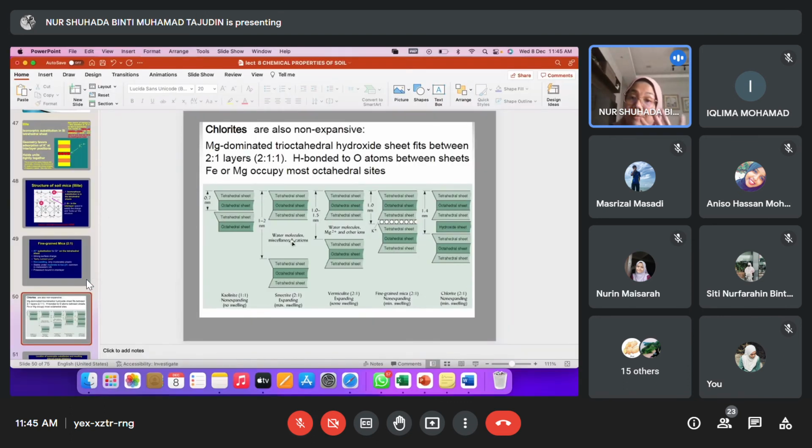However, for 2 to 1, you have 4 types. You have smectite, you have vermiculite, you have mica, and you have chlorite. Each of the clays has different characteristics, but vermiculite is the best one. It's the most